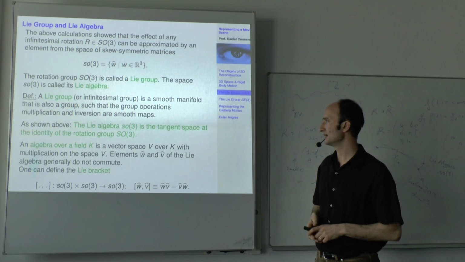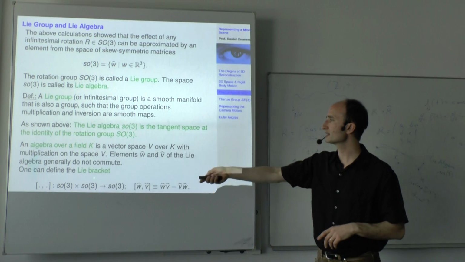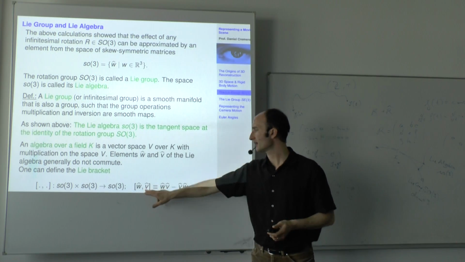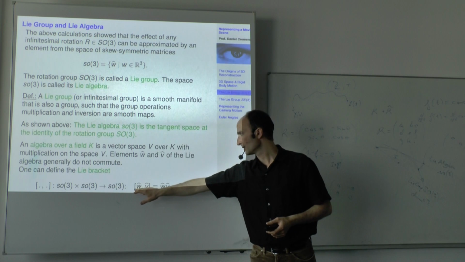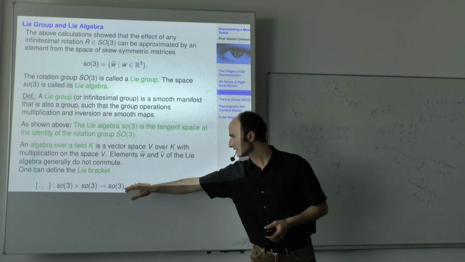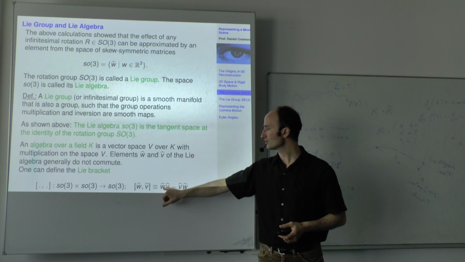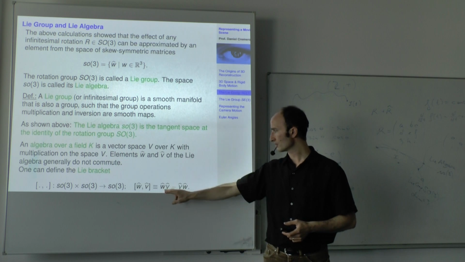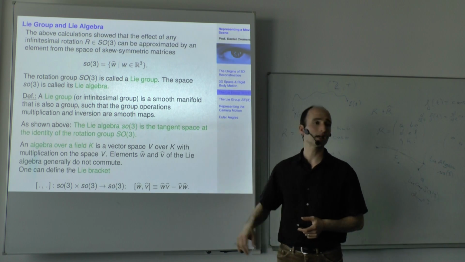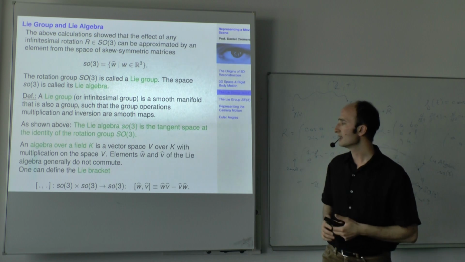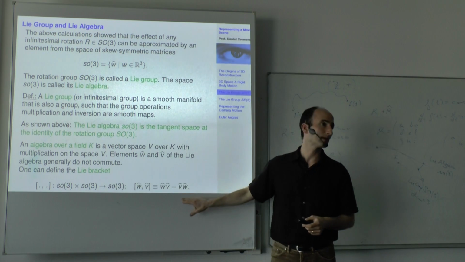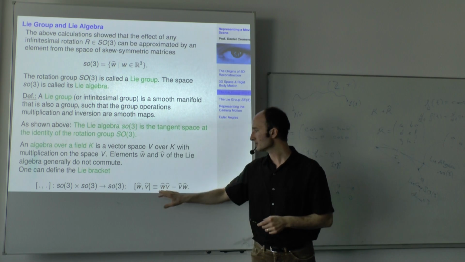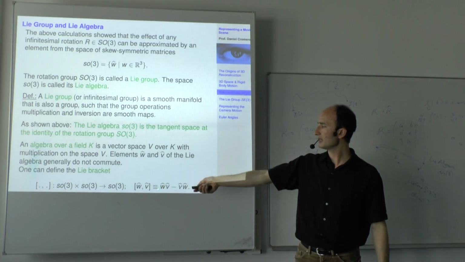And this mapping, this product is called the Lie bracket. And here it's just defined by two matrices, skew-symmetric matrices in this case, and then you take the product of these two matrices minus the commuted product. So W hat times V hat minus V hat times W hat. And you can check this actually is a skew-symmetric matrix that you get. It's not difficult to check that this is a skew-symmetric matrix that you obtain in this way, and this is